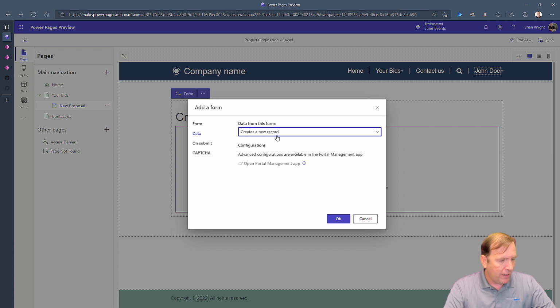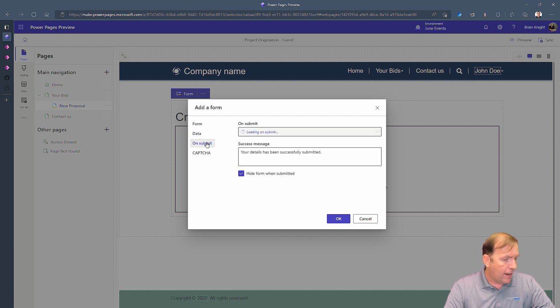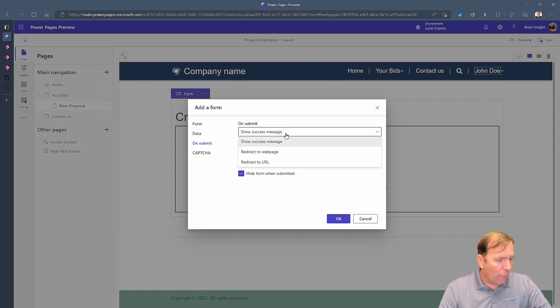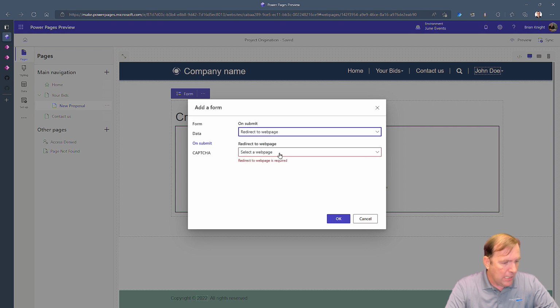We'll keep it as create a record. We can also go to advanced configurations by hitting this portal management tool, and we'll come back there in a moment. On submit, what do you want to show? Well, I'm going to route you, versus showing a success message, to another web page. So I'll say redirect to a web page, and the web page I want to route you to is Your